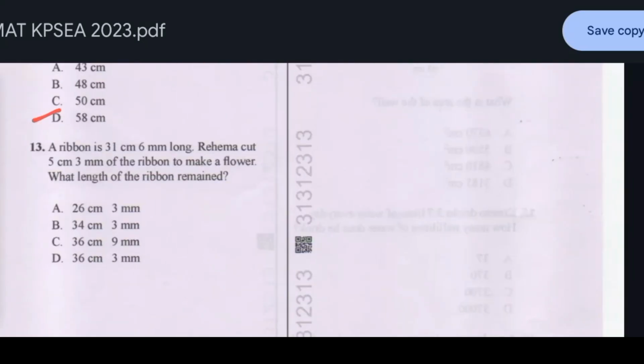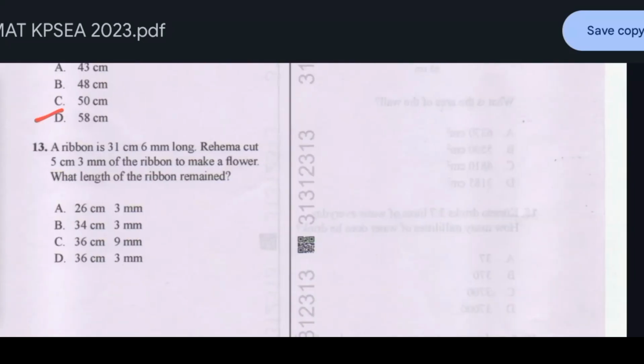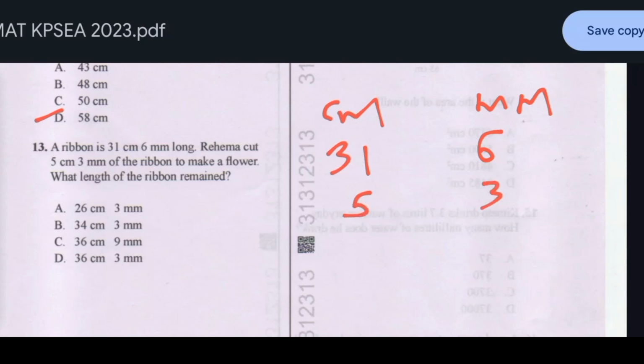Number 13, a ribbon is 31 centimeter, 6 millimeter long. Rehema cut 5 centimeter, 3 millimeter of the ribbon to make a flower. What length of the ribbon remained? So remain, that means you're going to subtract. So we have the column for centimeter and millimeter. We put 31 and 6, 5 and 3. Go ahead and minus. 6 minus 3 is 3. 31 minus 5 is 26. So we have 26 centimeter, 3 millimeter. Next question,